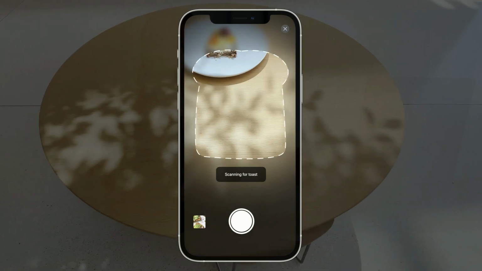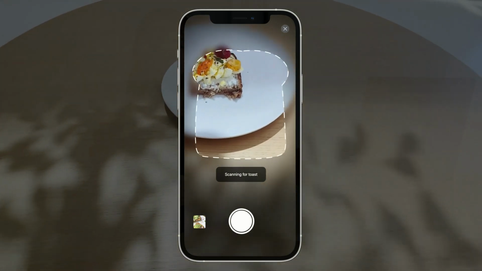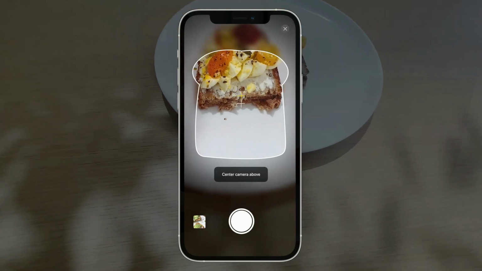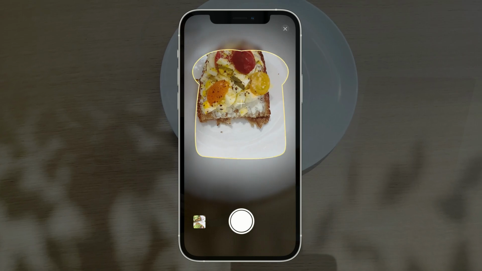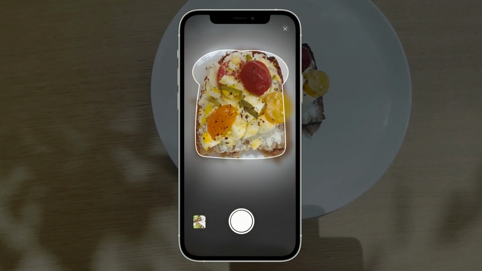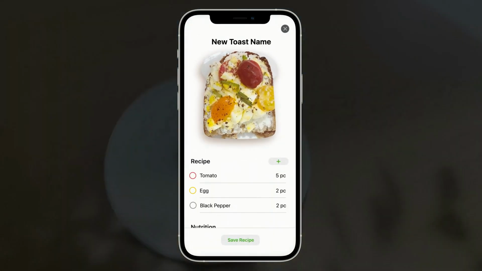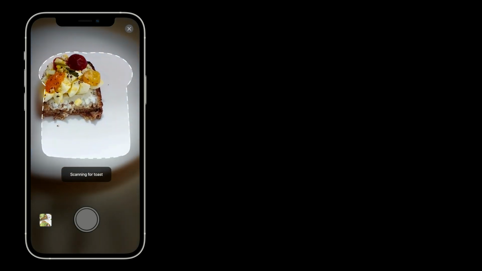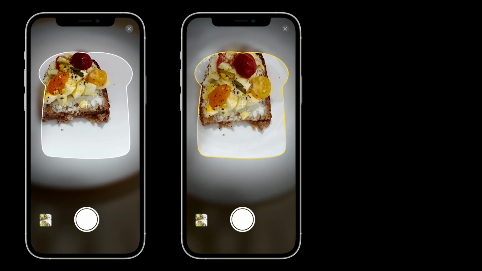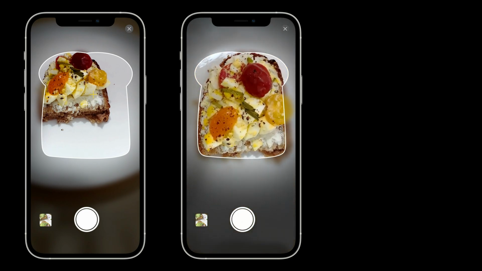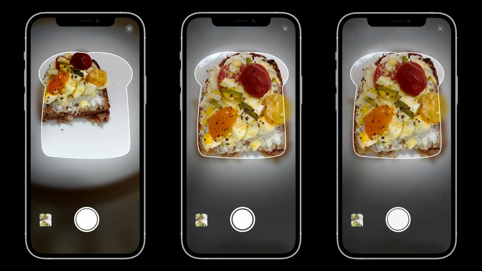In Toasty, for example, we have the ability to scan real toast using a camera to generate a recipe and set a cover photo for that recipe. It's a unique feature, so we'll have to guide people through how to do this. The toast outline hints at keeping the toast in the center and a certain distance away. Before you have toast in view, the shutter button is deactivated, and we let you know it's because the camera is looking for toast. When the camera is at the right angle, the outline visually changes. And then there's haptic feedback to indicate the recommended moment to take a picture of your toast.